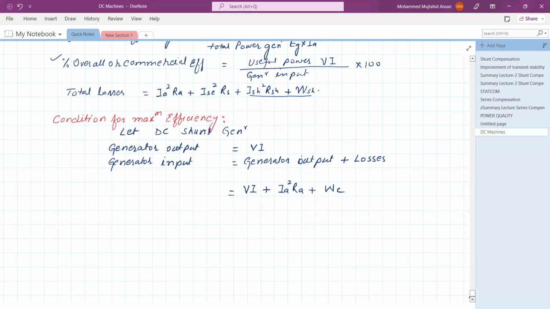So we are using a DC shunt generator. There are no series field losses, and the shunt field copper loss plus magnetic and mechanical losses are considered as constant losses. So WC is the constant loss. The total loss is equal to V into ISH plus IA squared RA plus WC, where IA is the armature current, the combination of load current plus shunt field current. WC is the constant loss. Okay. Now, in case of a DC generator,